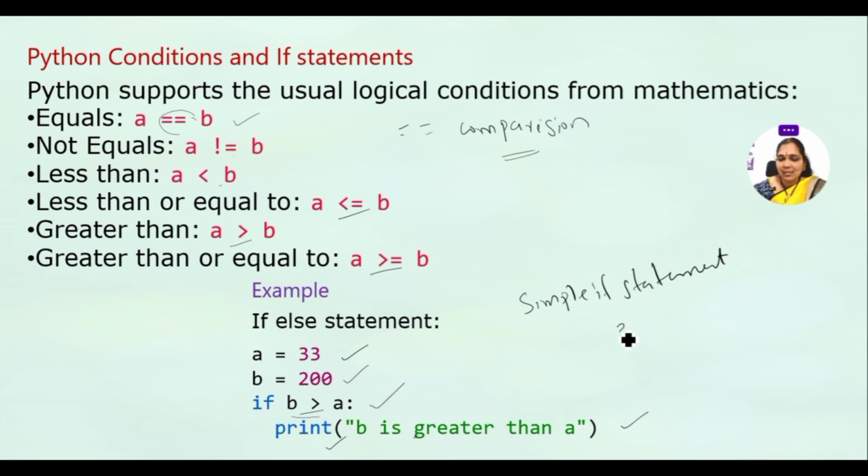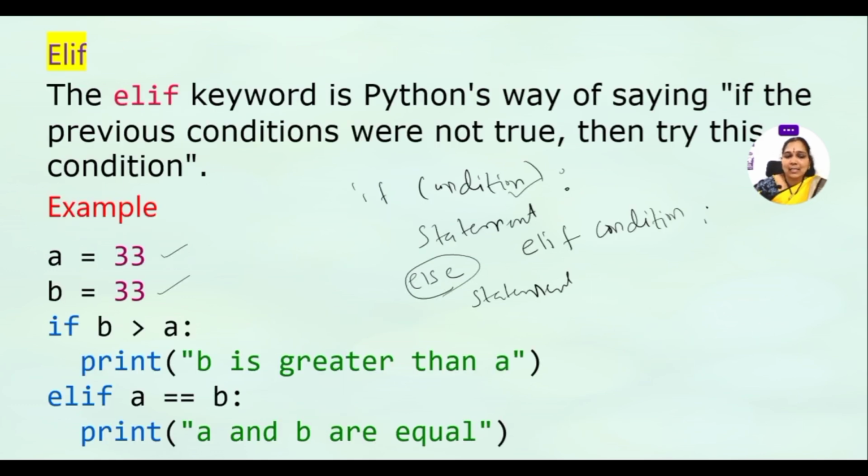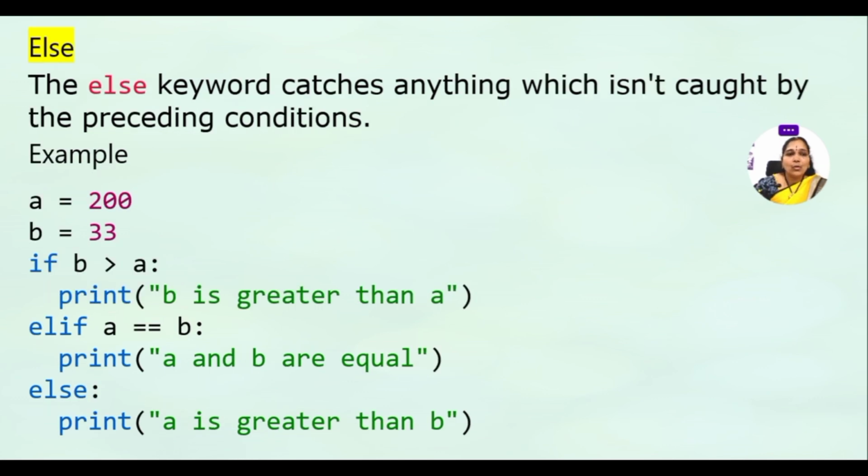If you want to write else, simply you can write else followed by colon and print B is not greater than A, or B is smaller than A, like that. Okay. So to follow the else and if condition, this is the syntax. If condition, ELIF, that is elif, and either one condition and we can execute the statement. Now next one is only else. So if one condition, then we can execute the statement. If you want to check another condition, go for elif and check the condition, or else you want to stop, you can write the else.